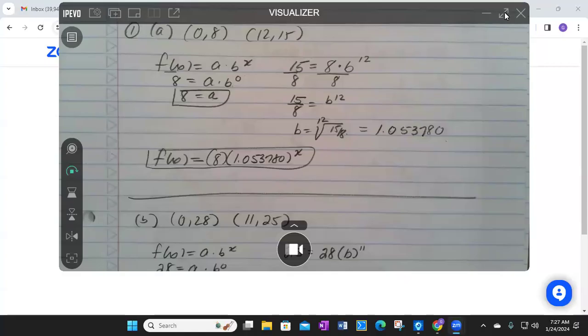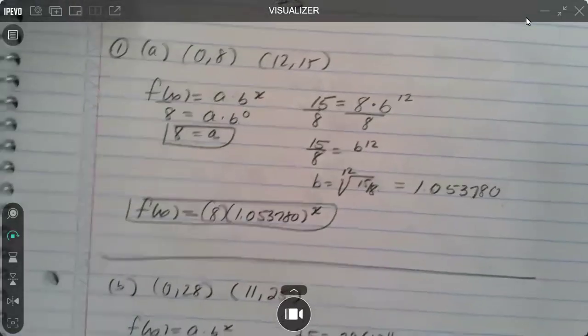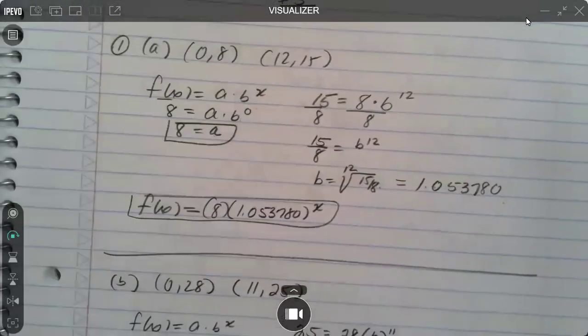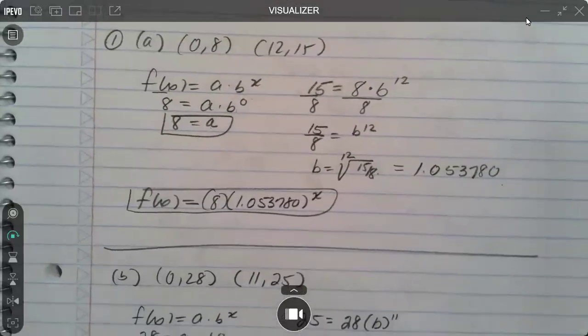Okay, so this video will go over the solutions to Unit 2, assignment number 5. The focus here is basically coming up with an exponential function given 2 points. Like, 2 points determine a line. If you're given 2 points, you can find the slope, and then you use the slope with the point, and you use your formula y minus y1 over x minus x1 equals your slope, and then cross multiply and solve